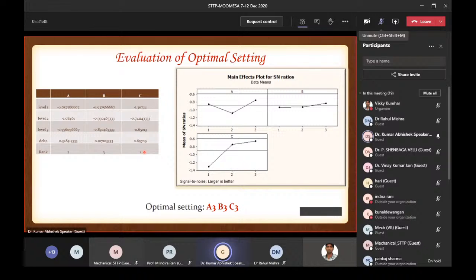क्लियर है। फिर कहा है यहां पर, अब अगर हमको ऑप्टिमल सेटिंग फाइंड आउट करनी है, ऑप्टिमल सेटिंग मतलब कि कौन सी सेटिंग पे हमको अच्छी सर्कुलरिटी मिलेगी। तो जो भी हायर वैल्यू ऑफ एसएन रेशियो होगा दैट विल बी कंसीडर्ड एज comes under the optimal setting। Suppose if you look here in this graph or in this table, then you are going to prefer the level 3 of the factor A। So in the optimal setting it will come as the A3, that 3 denotes the level for the factor A। Similarly if you look here for the B, then its highest value is the third, so it will come here as the third। Similarly C, it will become as the 3। So this optimal setting is called as the A3, B3 and C3।